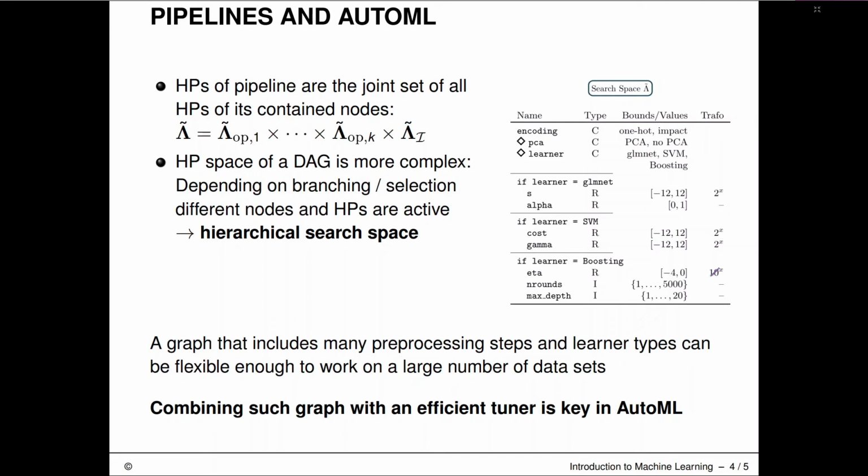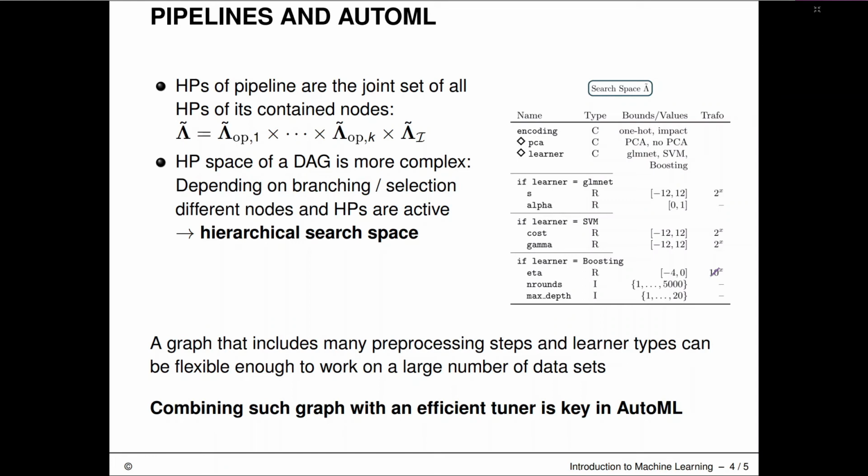So what happens now in terms of hyperparameter search spaces? So again, we kind of combine everything together and we get that joint search space, which is usually of larger dimensionality. So again, it's important to use an efficient technique for hyperparameter optimization. Maybe Bayesian optimization, maybe something else. The one thing that structurally usually changes here is that